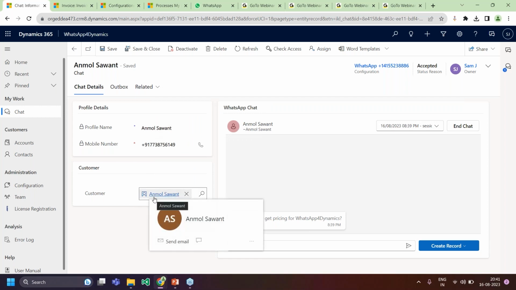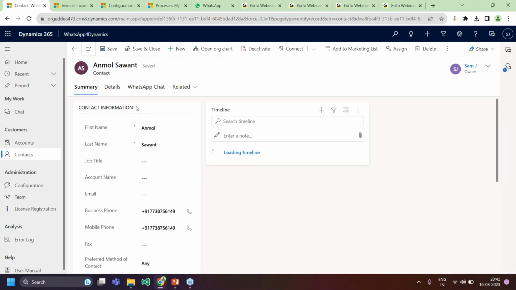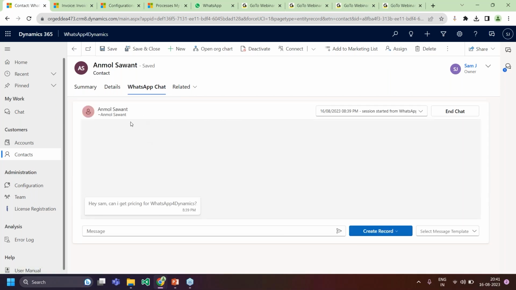But what is the use of this? If I click on this, you can see there is a tab called WhatsApp chat. Oh, this is really amazing. The same chat I was doing over there, I can do directly from the contact as well. Now I'll send a message: Sure, pricing is